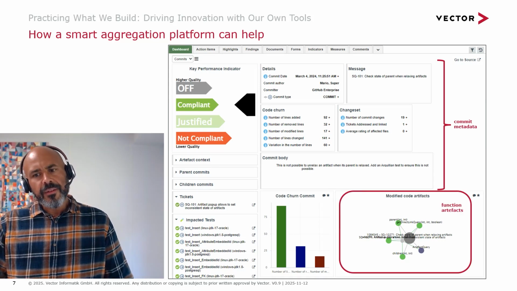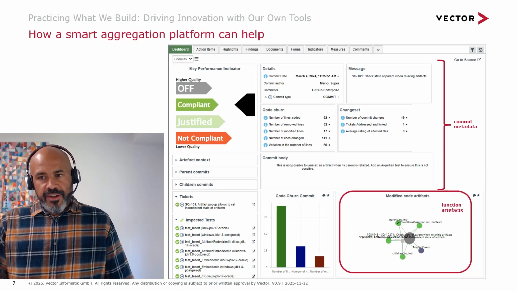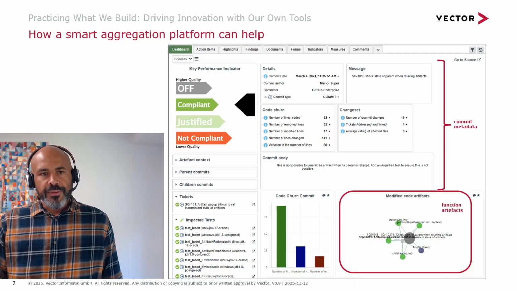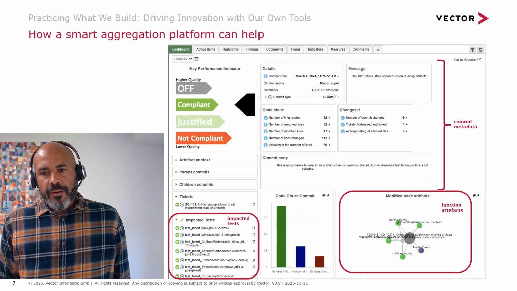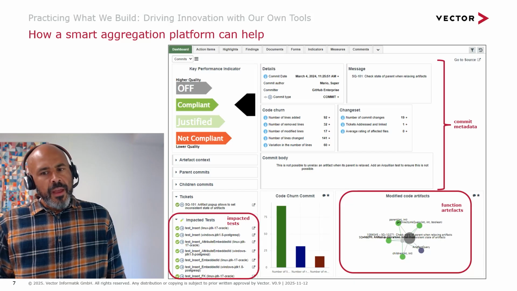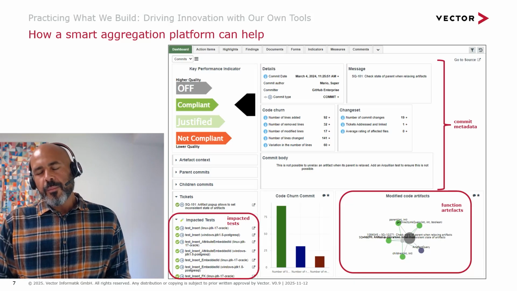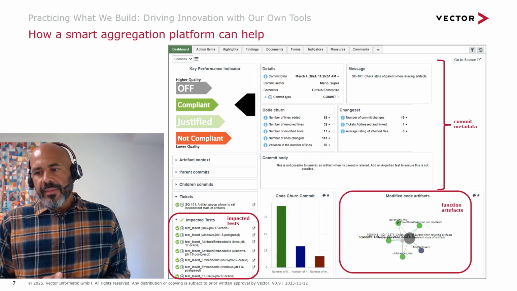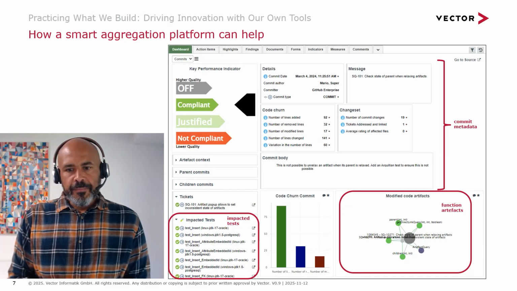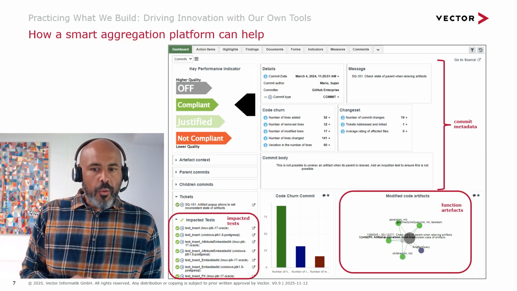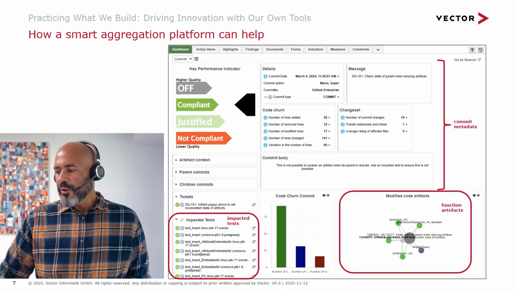First, the exact function artifacts that were modified, and that's the actual Java methods, which also have their own dashboard, but also the list of tests that are potentially impacted by this change. So it means that even if the code for these tests was not part of the commit itself, there may be an impact on those tests because they are linked to the methods that have changed. So luckily, all the tests are passing in this example, so the code change seems to have had no negative